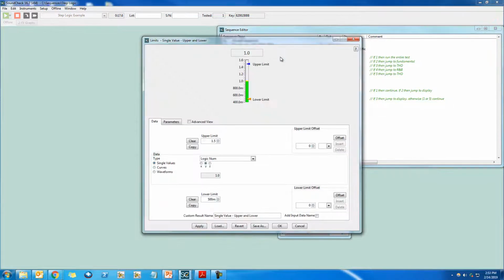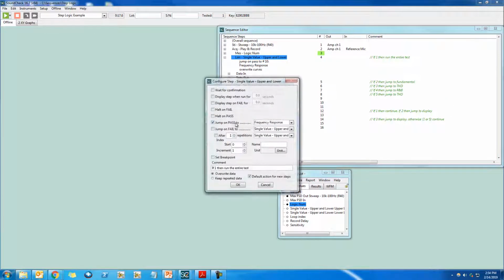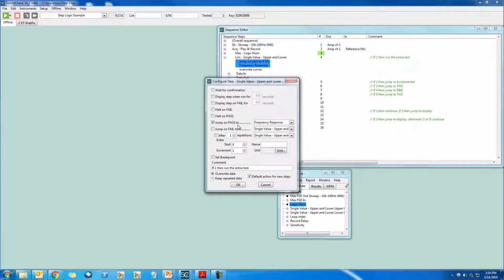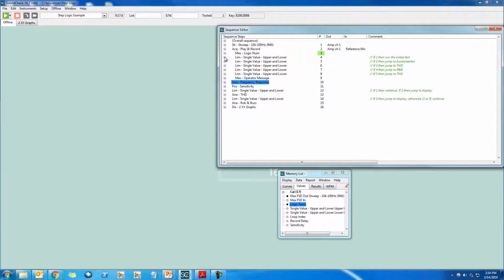This first step has a lower limit of 0.5 and an upper limit of 1.5, so if you enter 1, this step will pass. If we look at the logic of the step, if it passes, it will jump right to step number 10, which will give us the frequency response. It will skip over steps 5 through 9. Step 10 will give us the frequency response, step 11 will give us the sensitivity,